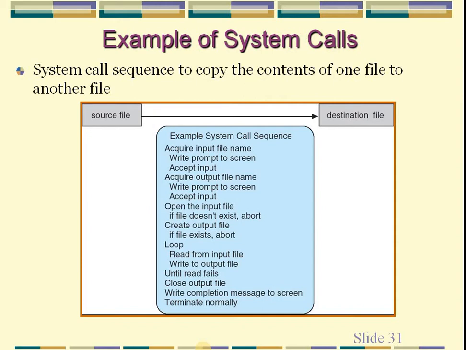In this example, we use the open system call and close system call to open a source file, because we copy the content of the source file into the destination file. After the copying task is completed, after that we close the destination file. That's why there are two system calls, that is the open system call and the close system call.